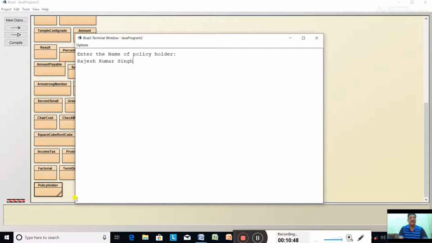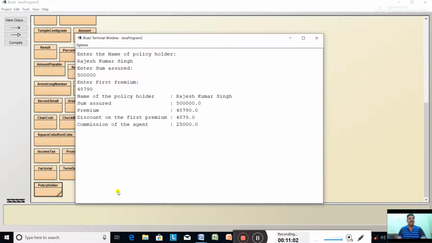Suppose sum assured 5 lakh. First premium, suppose 48,790. Let's see the name of the policy holder, sum assured, premium, discount on the first premium, and commission of the agent. Everything is printed in the same format as asked in the question.